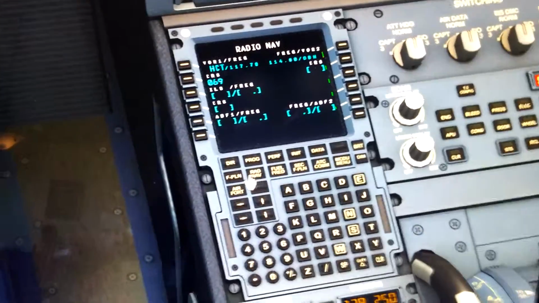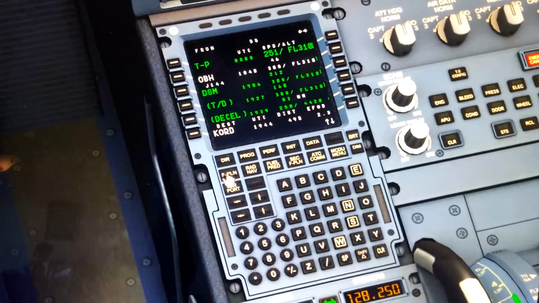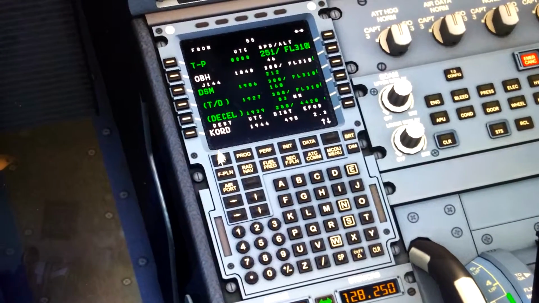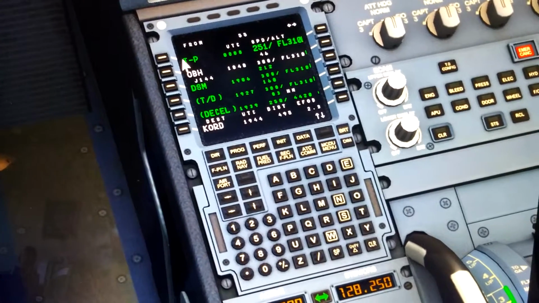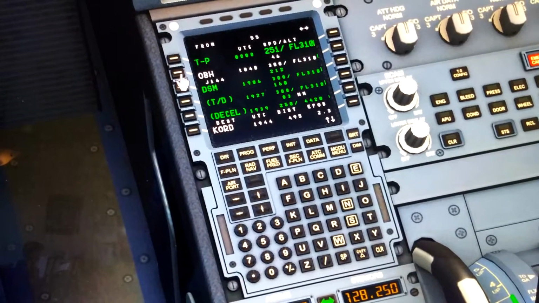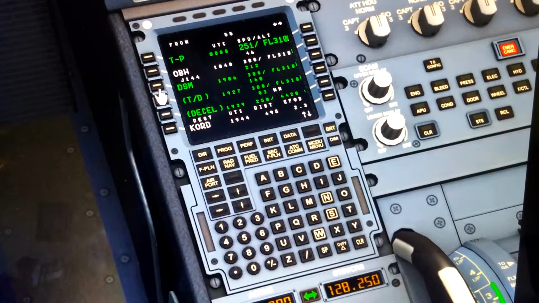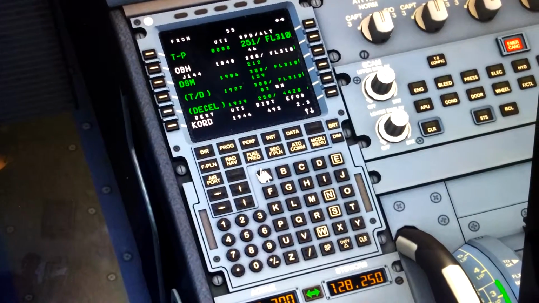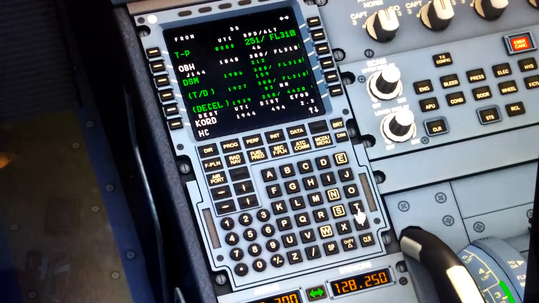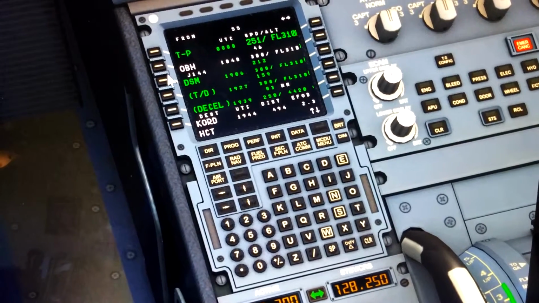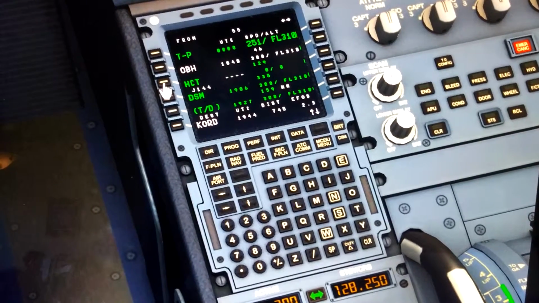Next thing we're going to do is go to the flight plan page, and if you're already on the flight plan page, hit the flight plan button again, and it'll ensure that you're starting at the top here. We're going to put our from point in, which is Hayes Center, in L3 here. Don't worry about it, it's just a simulator. So that goes in line select key L3. And then our to point,